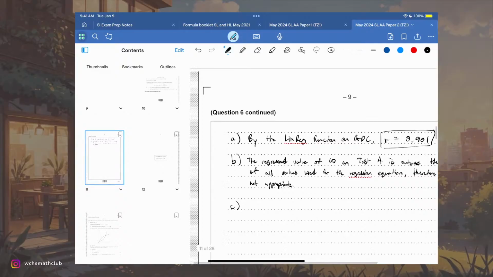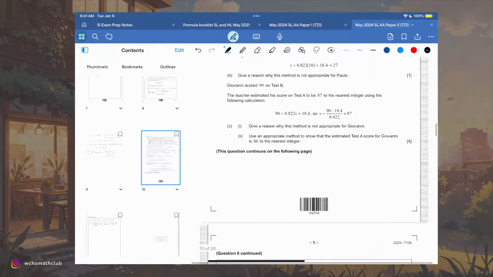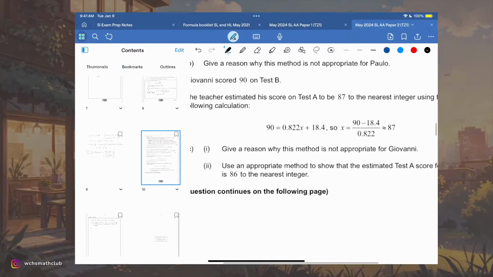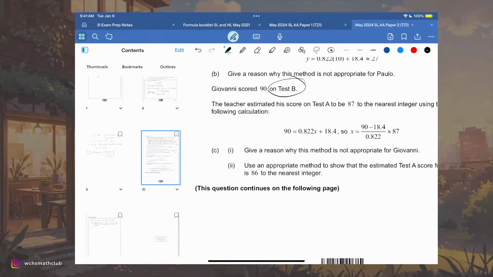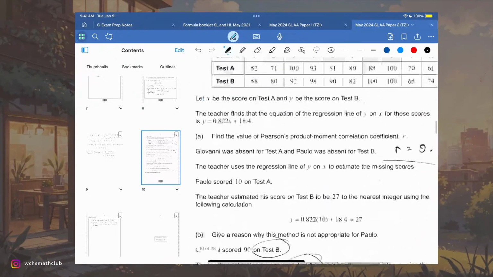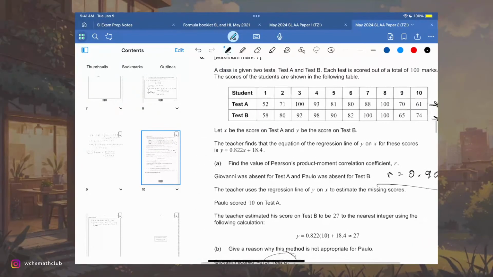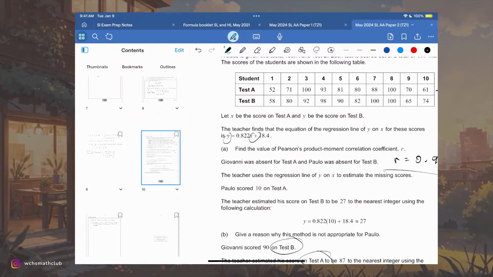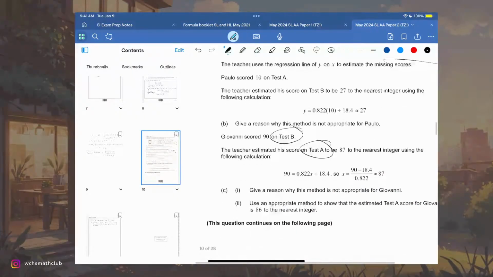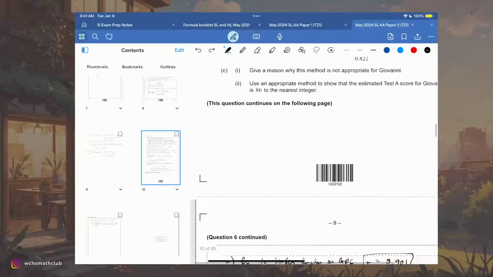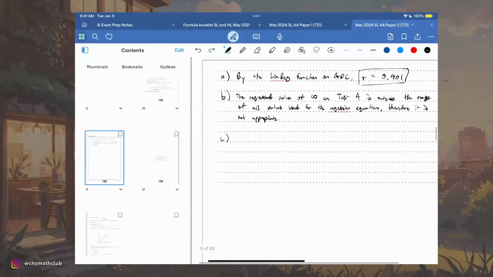Great. Now for C, we would have to give a reason why this method is not appropriate for this person. So here we see that we went from test B to test A, which is actually opposite to what we regressed initially. So this equation is essentially taking the value from test A, and we're solving a value for test B using that value on test A. But we can't actually reverse this. Statistically, it's not valid. So one way we could just say is,